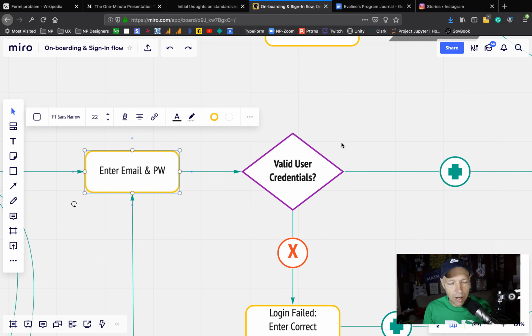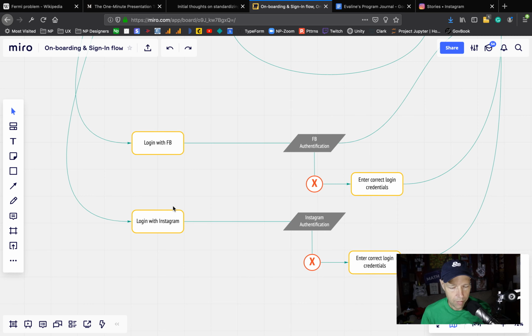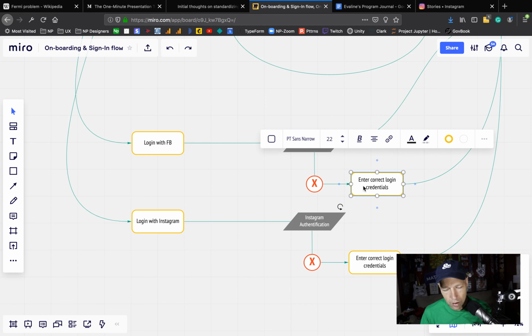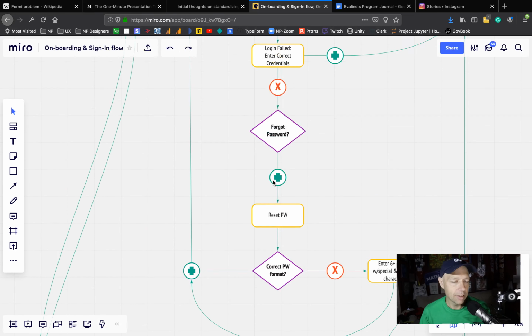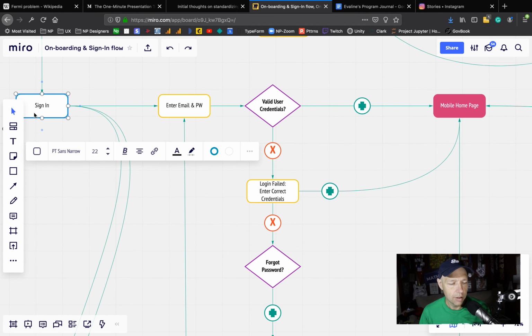Here you have, okay. This is weird, because we talked about it. Okay, so we're gonna sign in. You're gonna look down to log in with Facebook, log in with Instagram. So Facebook authentication, no. Enter correct login credentials. So you're considering that they're not going to go back and just try to sign in with an email,